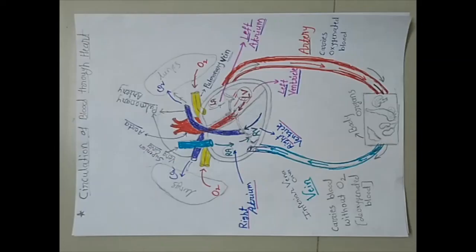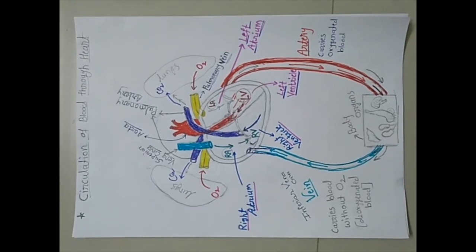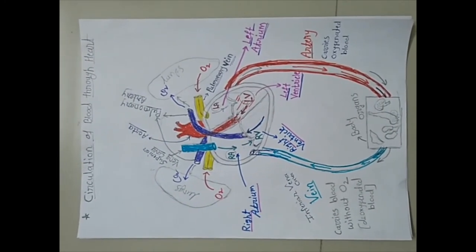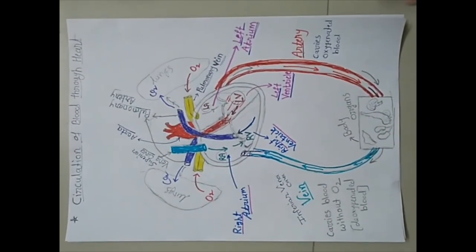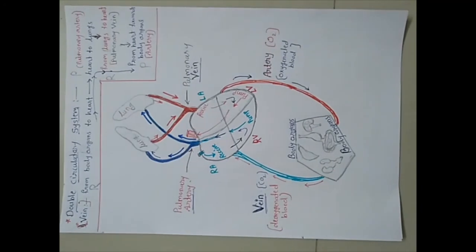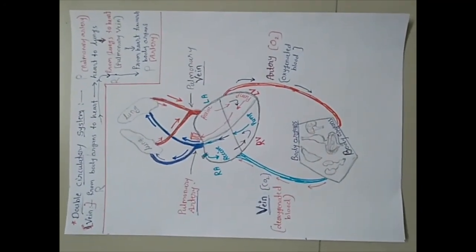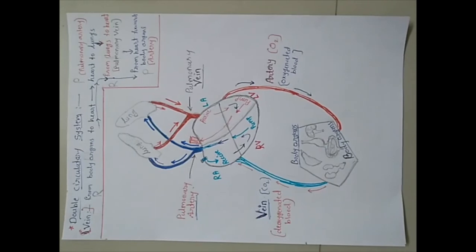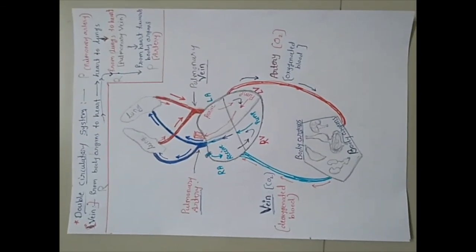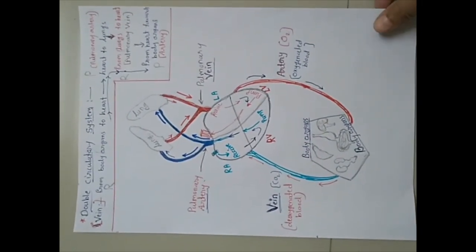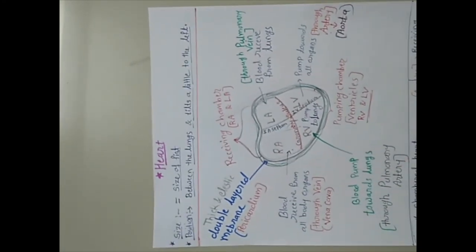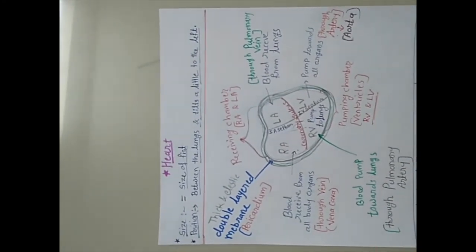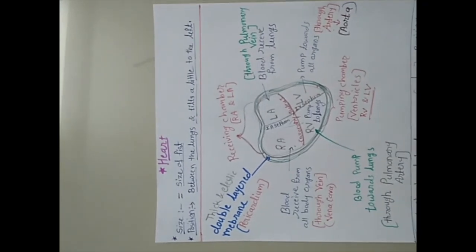Okay. So this is the colorful diagram of the circulatory system. You can understand the labels properly in this diagram. Draw this diagram and understand the labels. This is the easy diagram of the circulatory system. In a simple manner, the circulatory system is explained here. Understand the labels and draw these also. And this is the structure of the heart, the internal structure with labels. So draw these also.